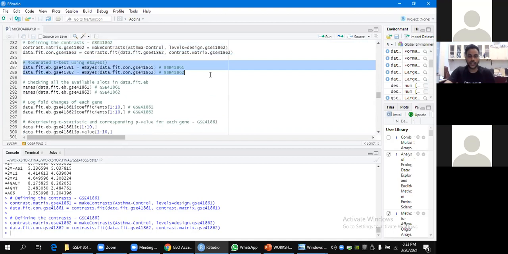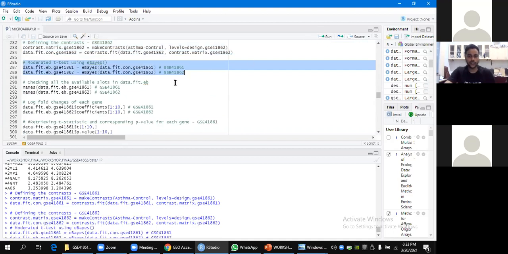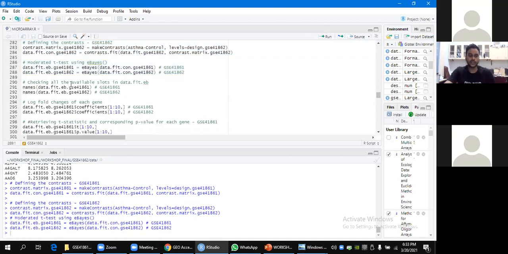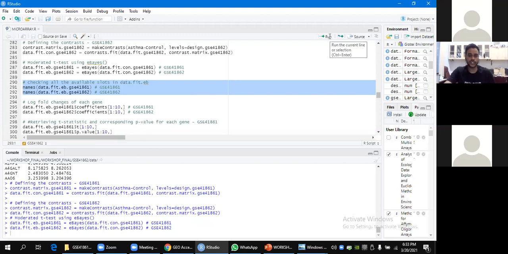I am now applying the two-tailed t-test for obtaining the corresponding p-values, for checking which genes are significant in the differential expression between both the conditions.